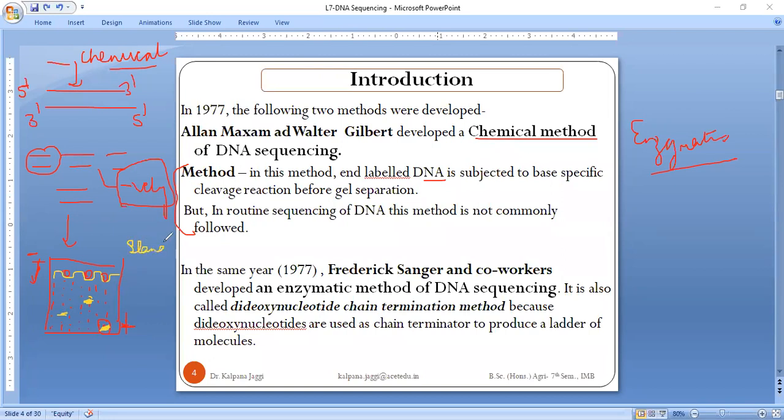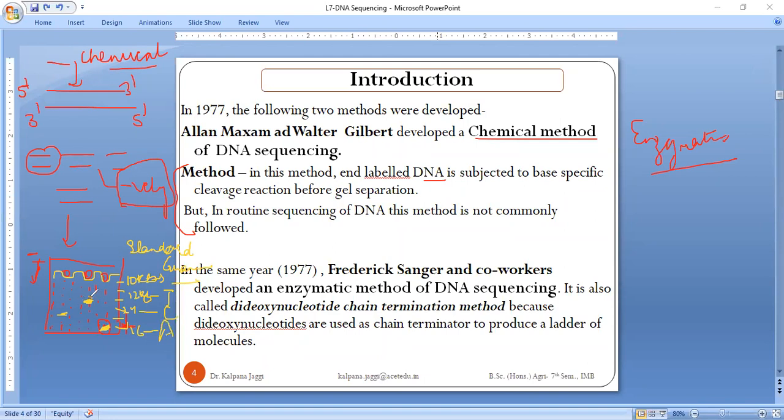We often run a standard sample, and in that standard sample we have different bands, and all bands are of specific size. Say it is 10 kb, say 12 kb, and we know the 12 kb band is of guanine. Just giving a fake example. This 12 kb is for thymine. Then we have 14 kb which is for cytosine, and then we have 16 kb which is the band that represents the presence of adenine.